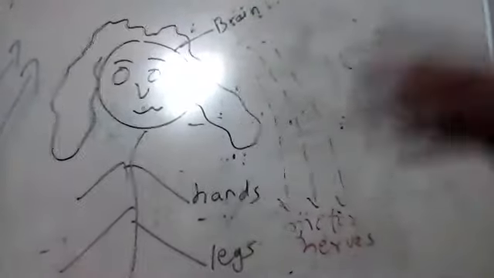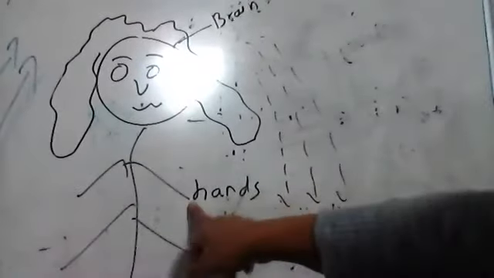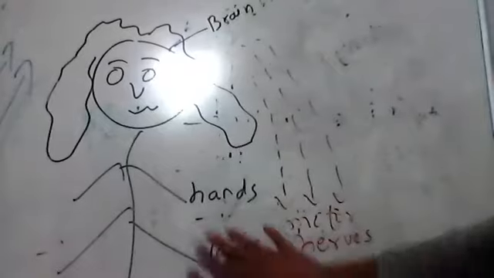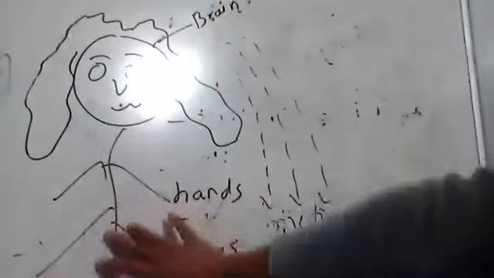Now let us revise this in a very simple way. Now this is your brain. This is your hands. These are your legs. I'm not great at drawing, but I'm just trying to explain in a very simple way. So whenever different parts of your body need to send requests or questions to the brain, those are carried. Now the hands and legs cannot reach the brain, so somebody needs to take that information from hands, legs, or different muscles to the brain, and that is done by sensory